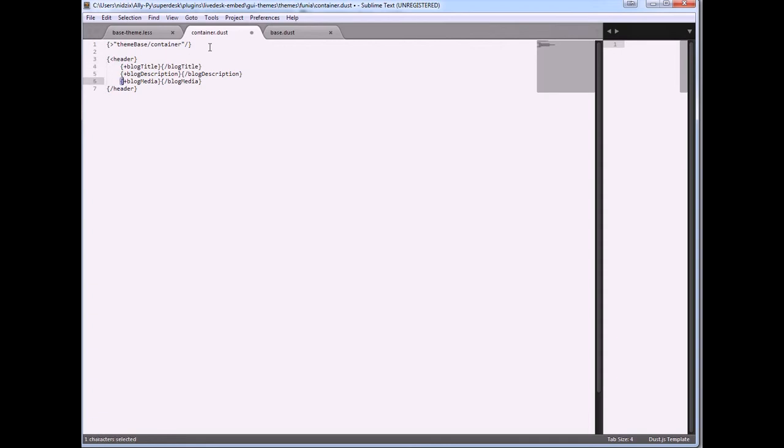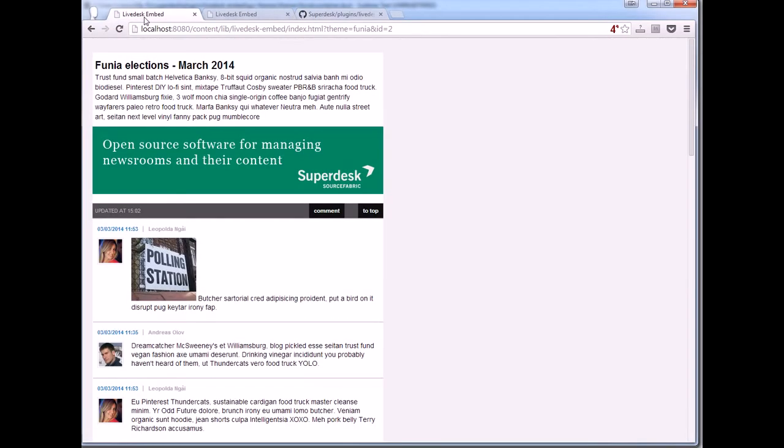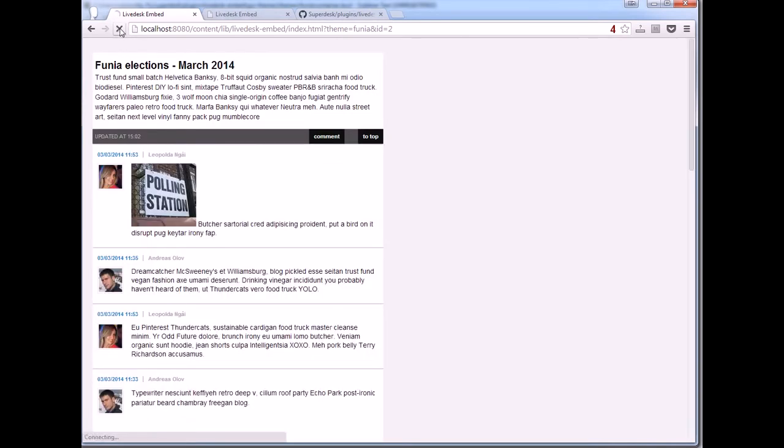We should also delete the blog media block. Save it and go to our theme. Let's have a refresh. Voila, we don't have the advert anymore. It's so easy.